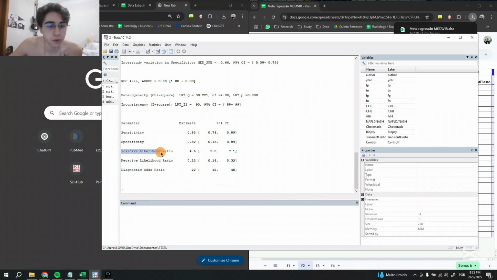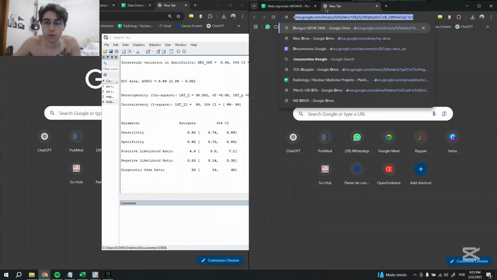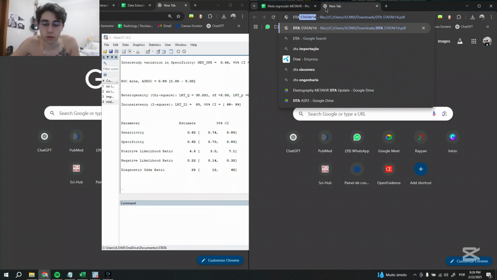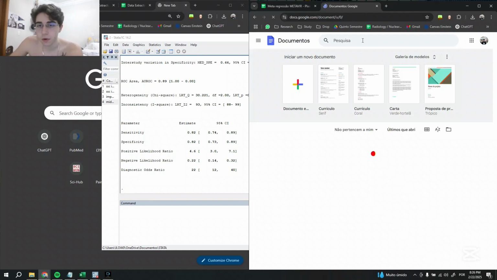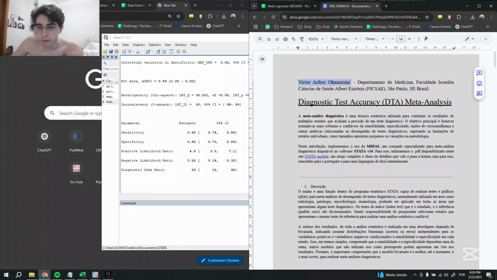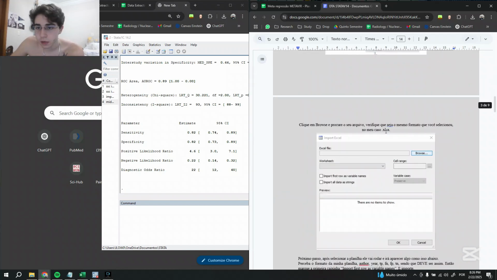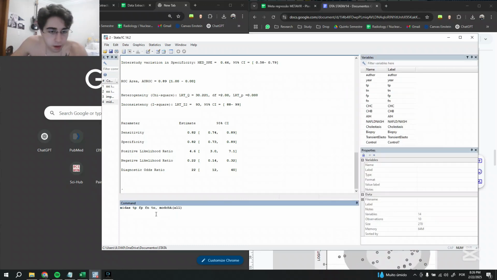Diagnostic odds ratio, positive likelihood ratio, negative likelihood ratio, okay? And the next, I'll show the PDF I use to introduce this one, diagnostic DTA, midas, one minute, I'm sorry, DTA Stata version, okay. It's my workbook on how to do it. So you can use this code like midas TP FP FN TN comma modi C8 key, enter all and close